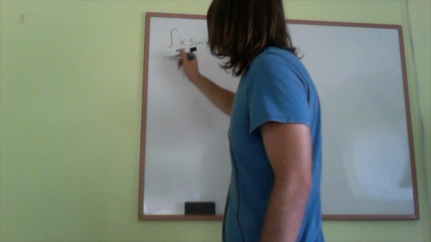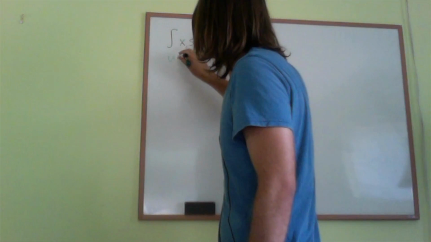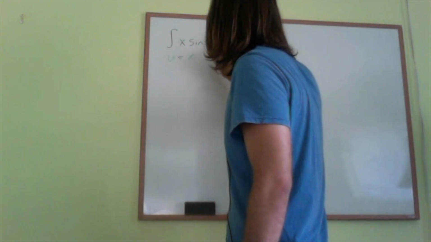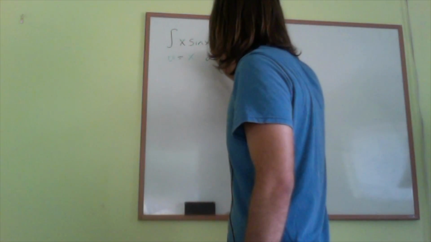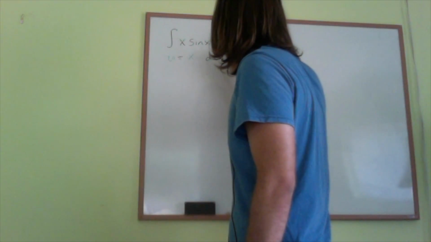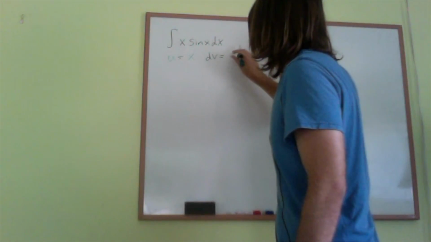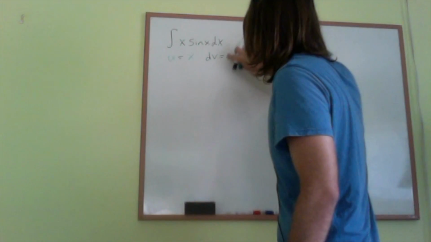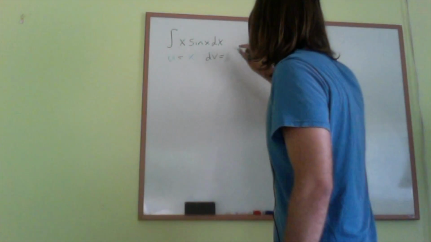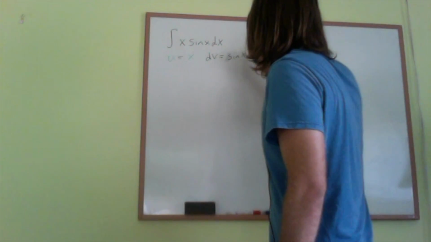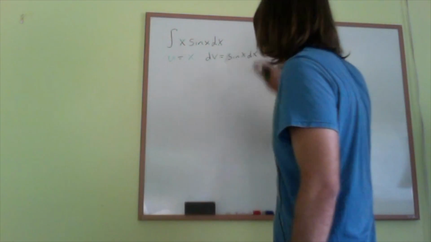So u equal to x, and dv equal to sine of x dx. Okay,